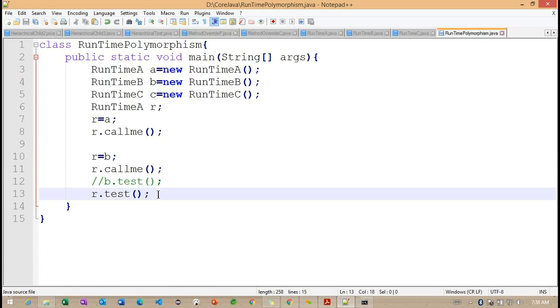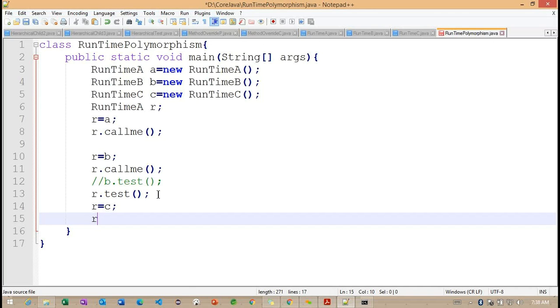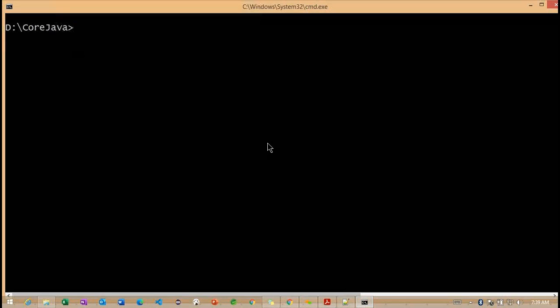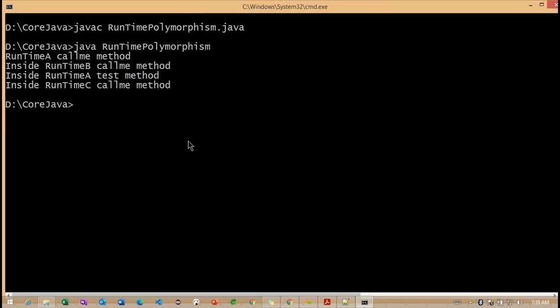Okay. So back to here. Finally, R is equal to C, R dot call me. This particular final method, compile one more time and execute here. Now you can observe.